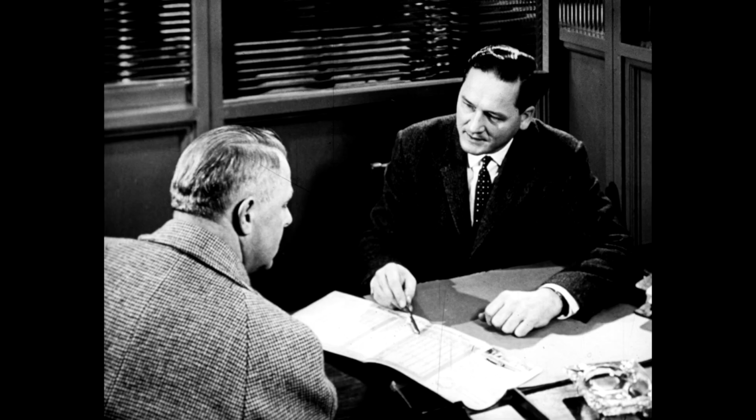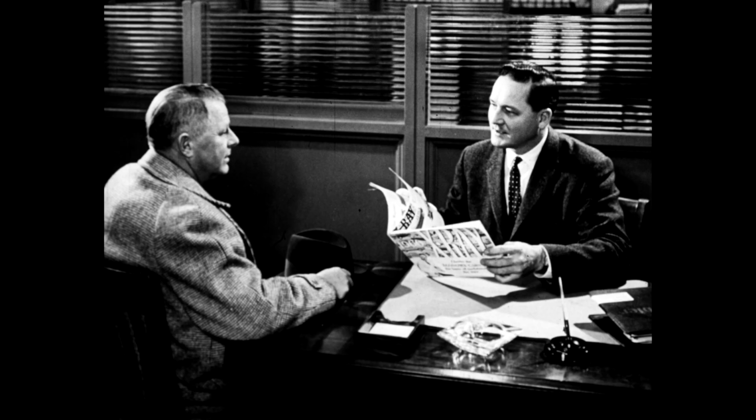Use it to answer objections. "I'm glad you brought that up, Mr. Bartlett. Yes, Rambler does have more power, but it's tops in economy, too. See, right here in the X-ray box score." Use it to speed your close. "Yes, that rear engine is kind of novel, Mr. Bartlett. But let me show you the facts on how the Rambler you're interested in beats it. You see, there are a lot of other..."